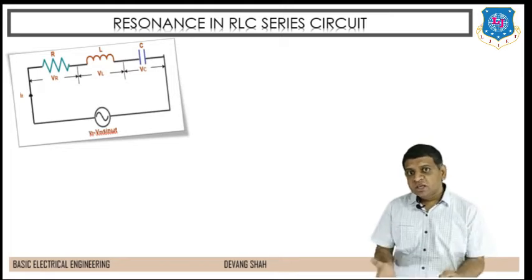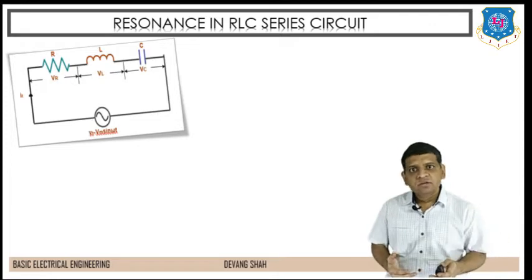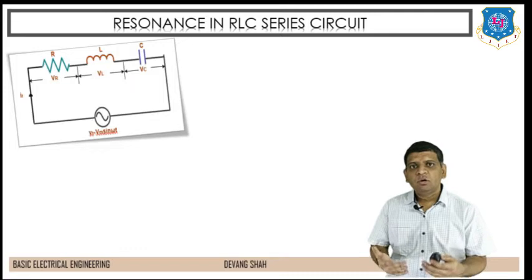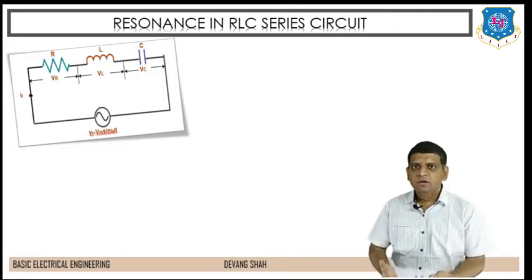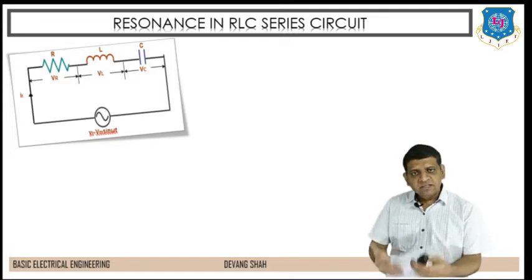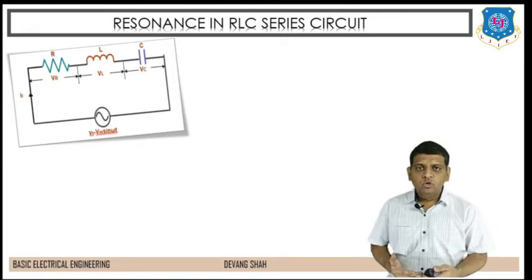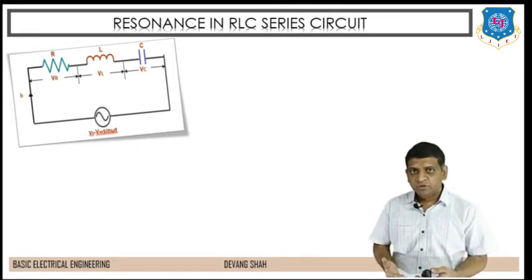If I am going to change the frequency, let's say from 0 up to certain megahertz or certain gigahertz, what would be the effect on the operation of this circuit? What would be the effect on the efficiency of this particular circuit? How the resistance, inductor, capacitor, the voltage drop across all these three, the circuit parameters like flowing current in